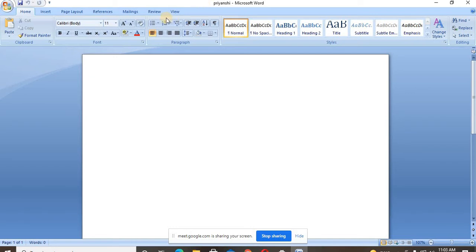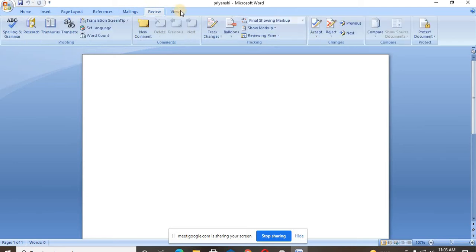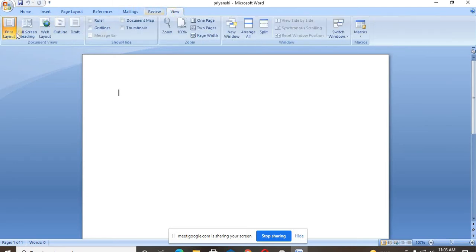Okay. Now the ribbon is also there. Not the red, blue, green in this form, but where Home, Insert, Page Layout, References, Mailings, these things are written. It is called the ribbon.